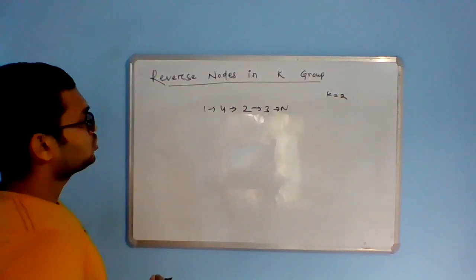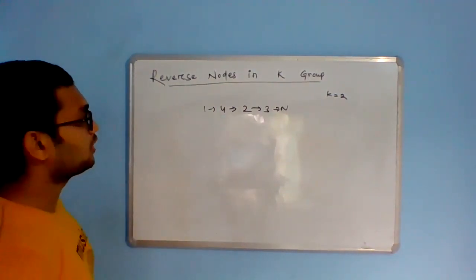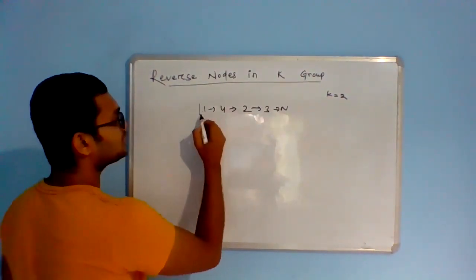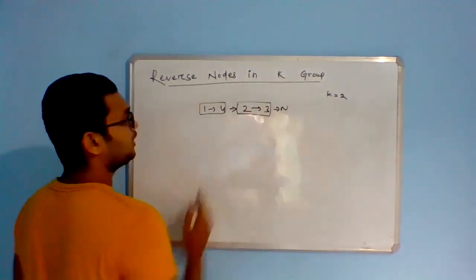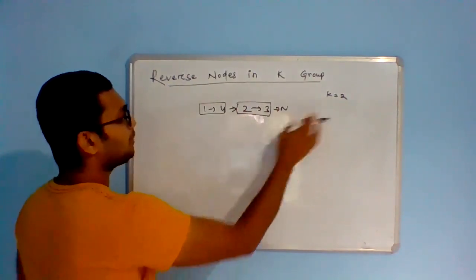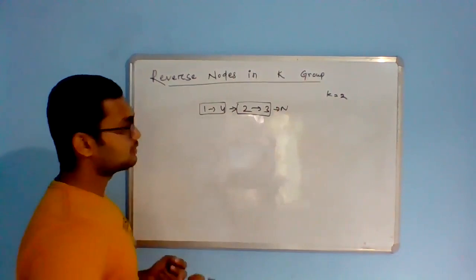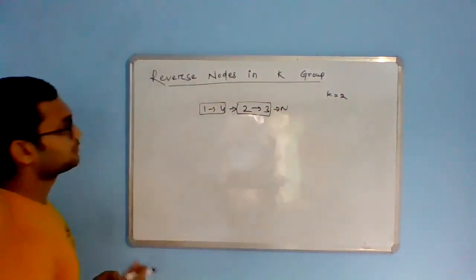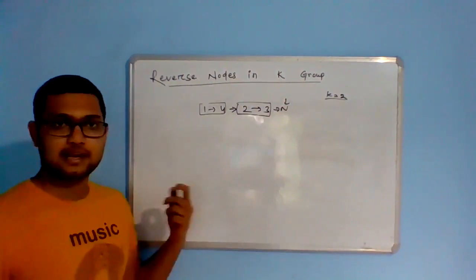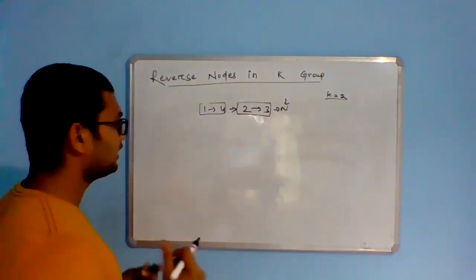So what can we do to solve this? The idea is that we already know that we have to reverse every k-sized sublist. You see that the total size of this singly linked list is a multiple of k, so we can reverse every k-sized segment. One of the quickest or easiest approaches could be to use a stack over here. So how can we solve it using a stack? Let's see.